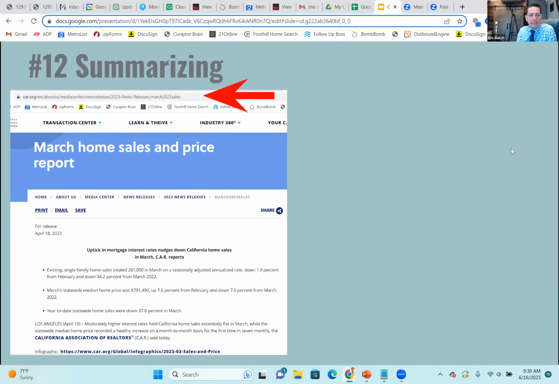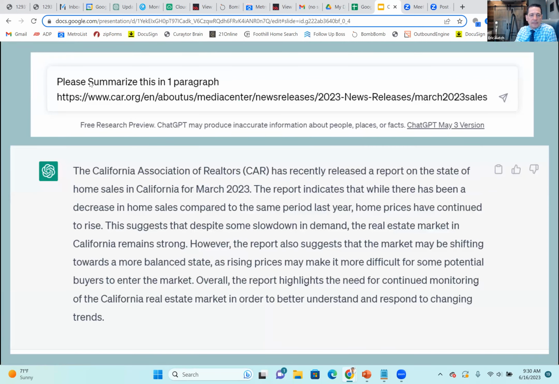Here's something crazy. If you found a super, super long article, let's say at CAR, and you don't have time to read it, how many times have we starred an email that says, I want to come back to this, and we just don't ever get the time to do it? You can literally take this information, the CAR newsletter, copy the link, come in and just say please summarize this in one paragraph, and paste the URL in there.